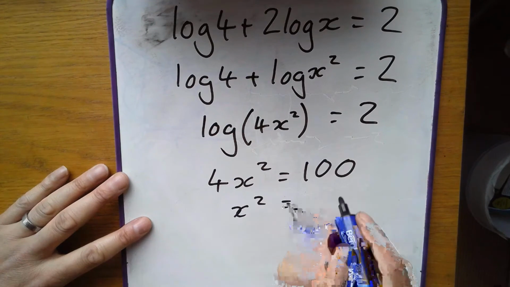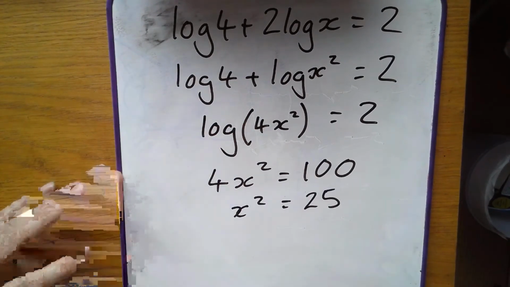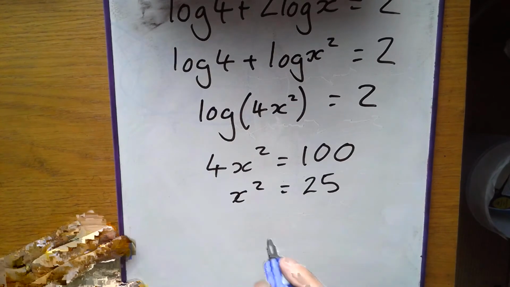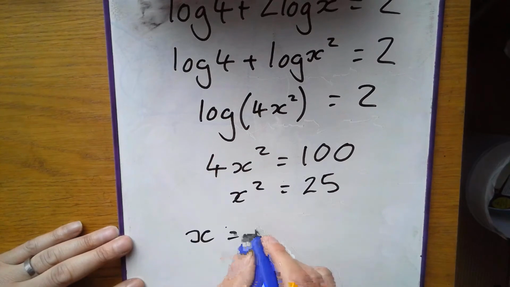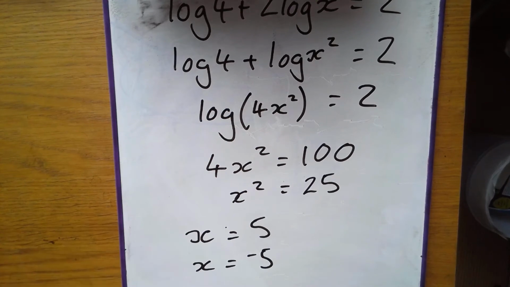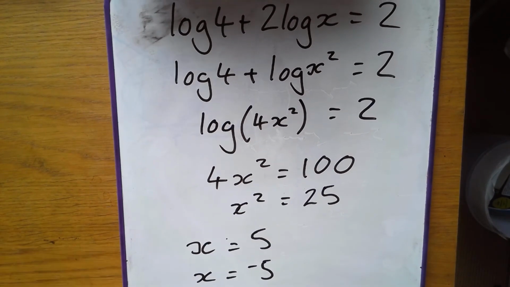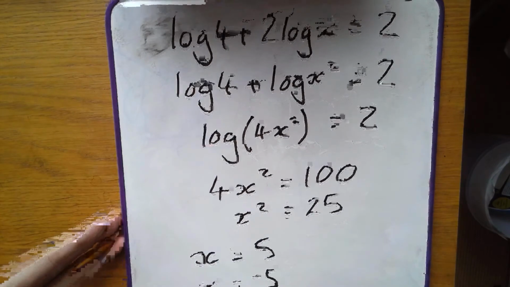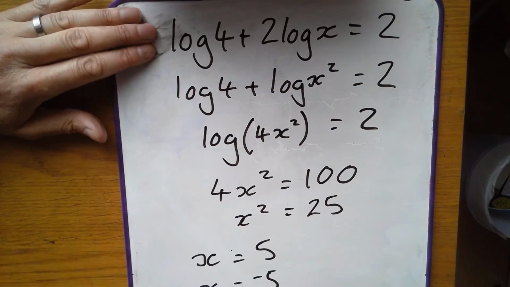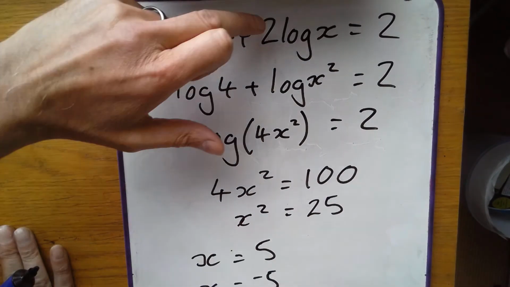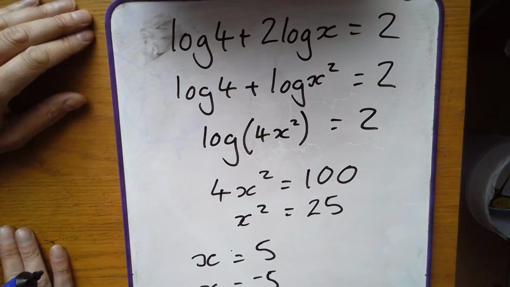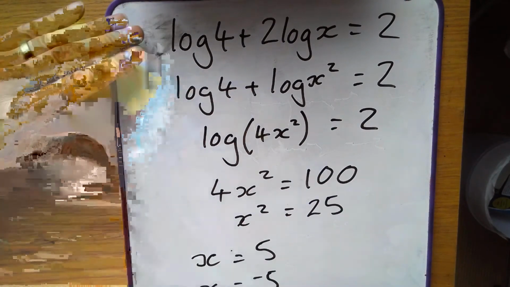So x squared equals 25. Now, there's a little thing we need to just be quite careful of here. So x equals 5 or x equals minus 5. Now let's just think about that. If I was going to pop those 2 values back into the equation, and you can check it, you do log of 4 plus 2 times log of 5, and we should get an answer fairly close to 2. If I put minus 5 into there,